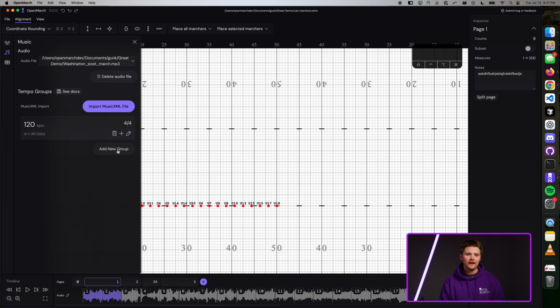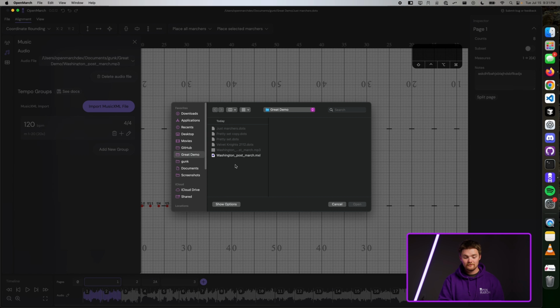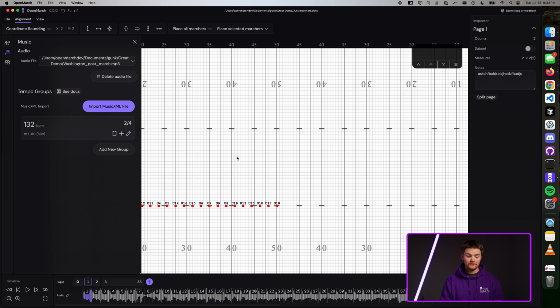I'm lucky enough that I have a music XML file, so let's go ahead and import that. Press the Import Music XML File button, and then click the Music XML file. You'll see that after a little bit of processing, OpenMarch will ingest the Music XML file and create tempo groups